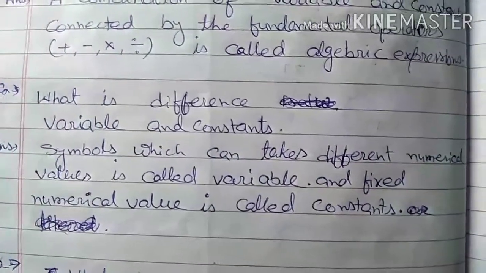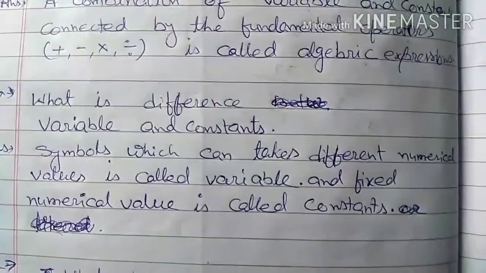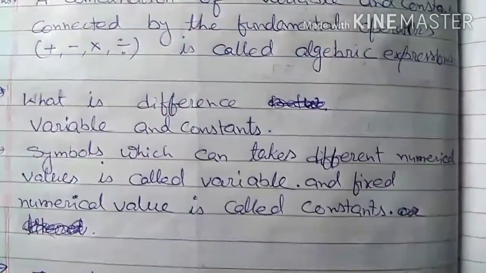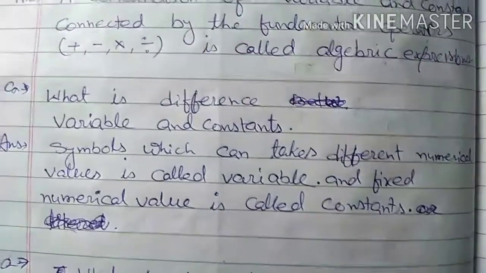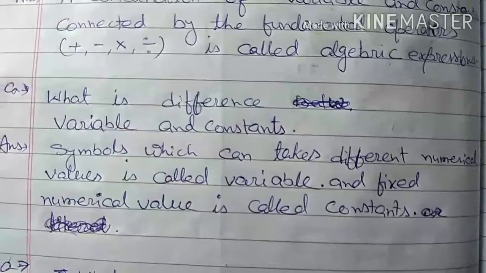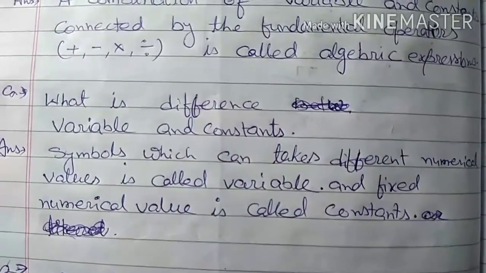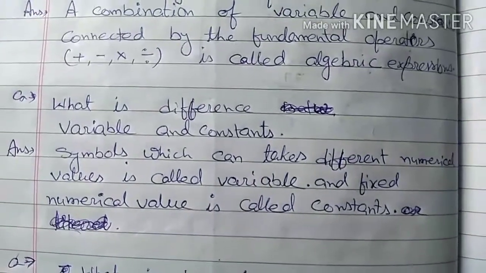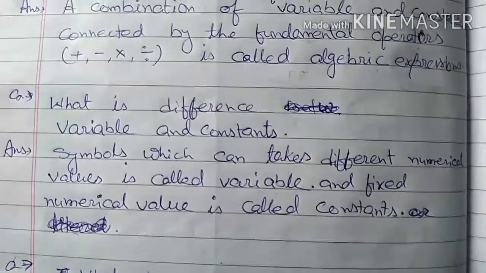So the value of the symbol x is going to vary from question to question. So x, a, b, c are called variables in algebra,